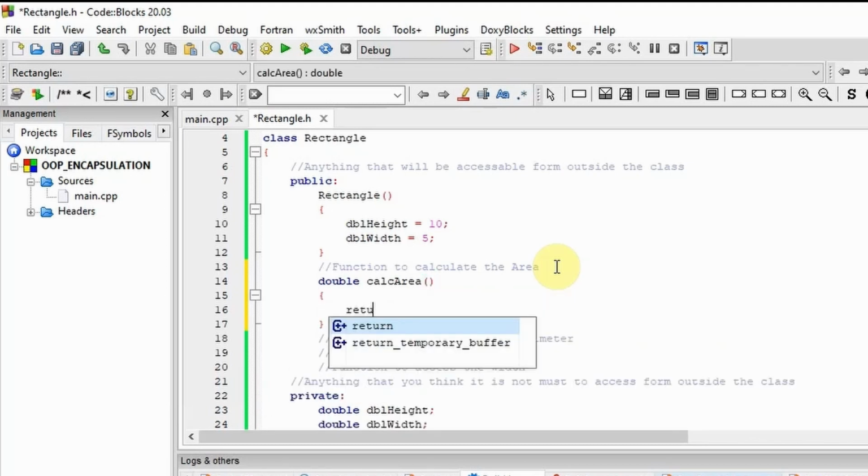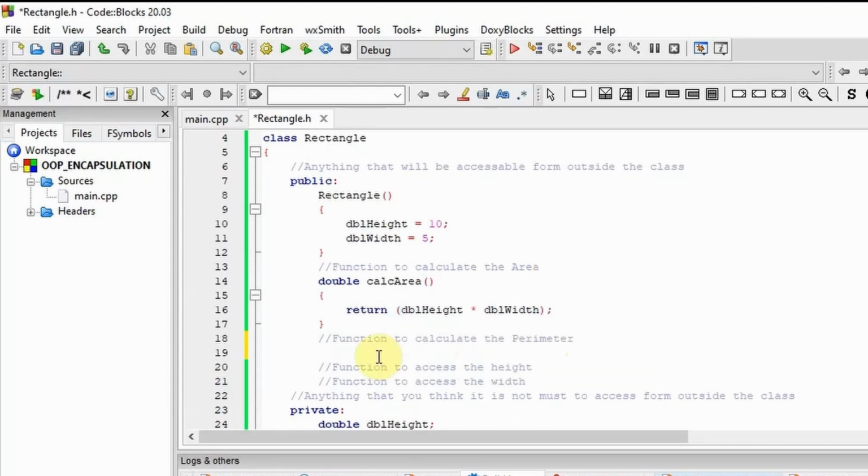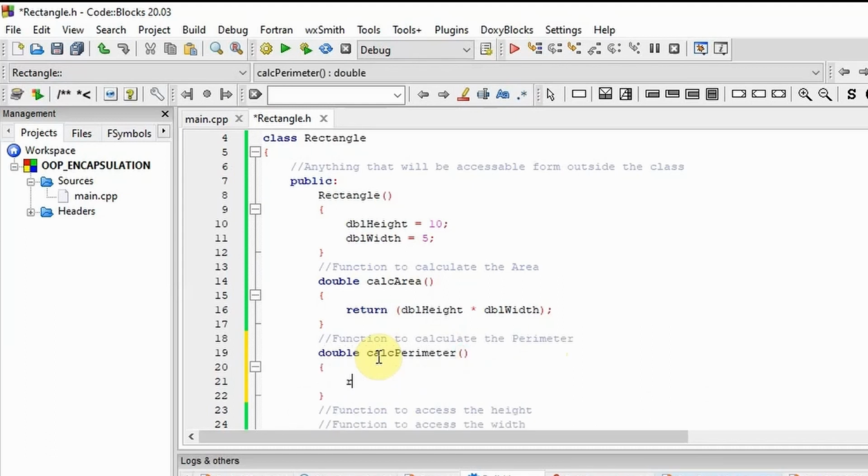We'll say return dpl height times dpl width. We'll create a method to calculate the perimeter which will return a double again, which will say calc perimeter, like that. Then what we're going to do, we're going to return